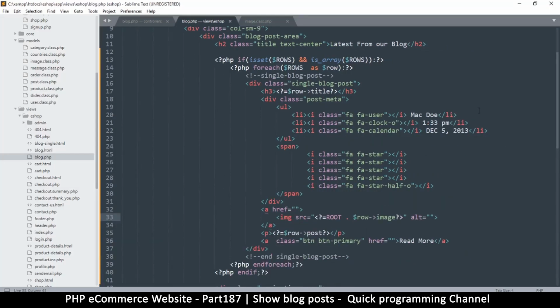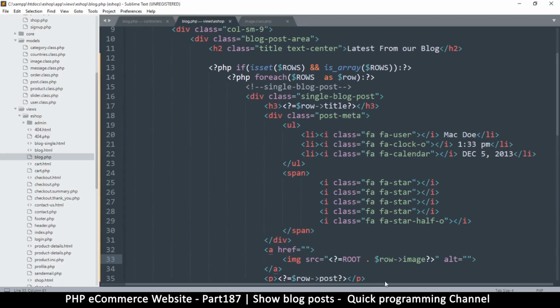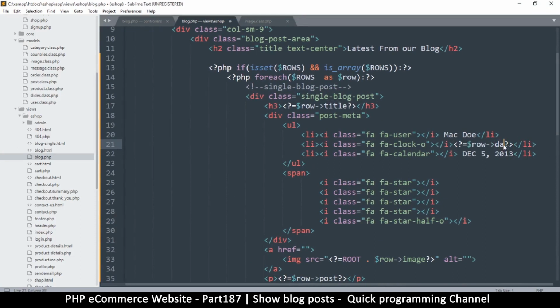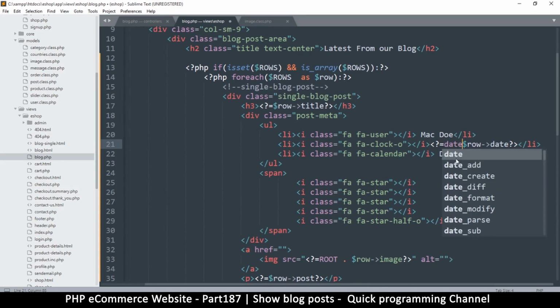So how do we do that? Let's come back here and let's post something. First of all, I want to replace the time. So paste here like so and put date there. Now remember, date saves the date and the time, but we just want the time itself. So how are we going to do that? Well, I'm glad you asked. So what I'm going to do is I'm going to put date here, like so, date,